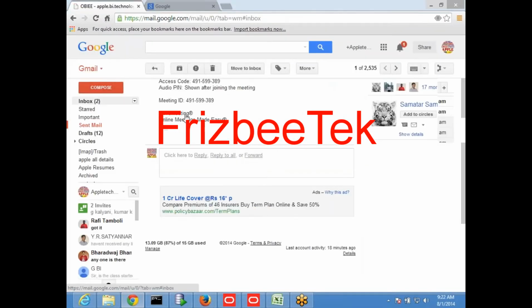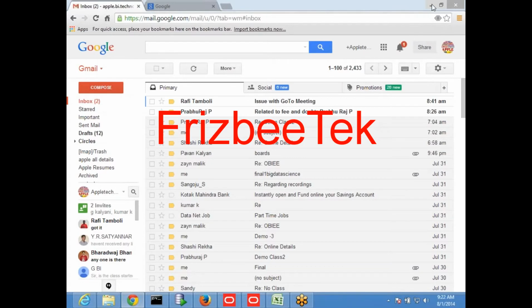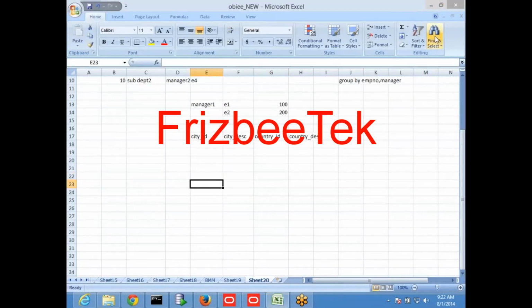So I have a city ID C1, and the city description is Hyderabad. City ID C2, also with the description Hyderabad. Both are Hyderabad, but the IDs are different, and the country ID is different.